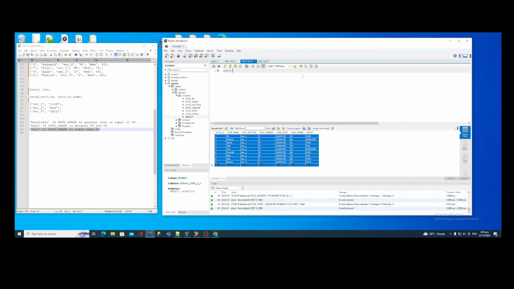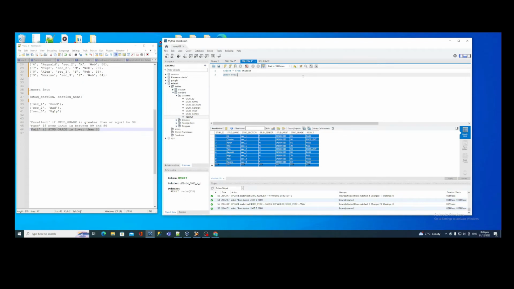The syntax would be select all columns, which is this asterisk, from student, where the where condition again,